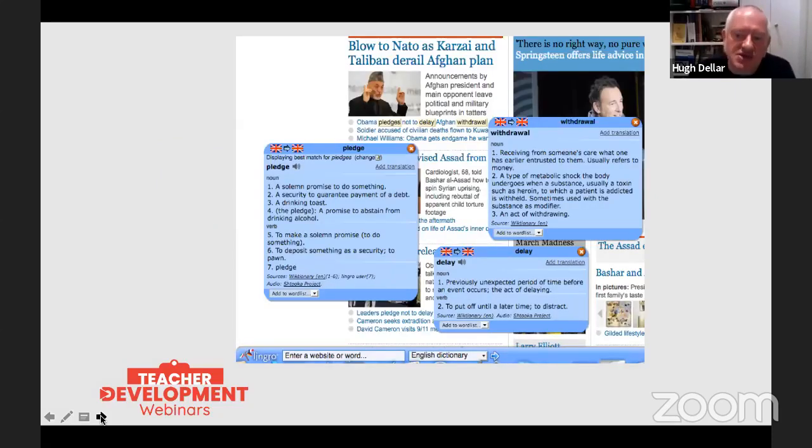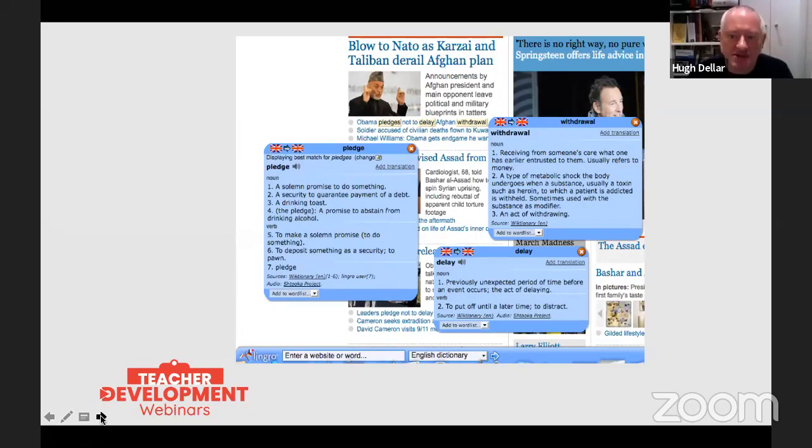One of the first tech tools I ever came across was a thing called Lingro, which is still out there. Basically what Lingro does is it provides you with a space online where you can drop any article from any source, and it will allow you to have a pop-up dictionary, okay? And it will also store the words that you look up and turn them into learning games, which we'll return to later.